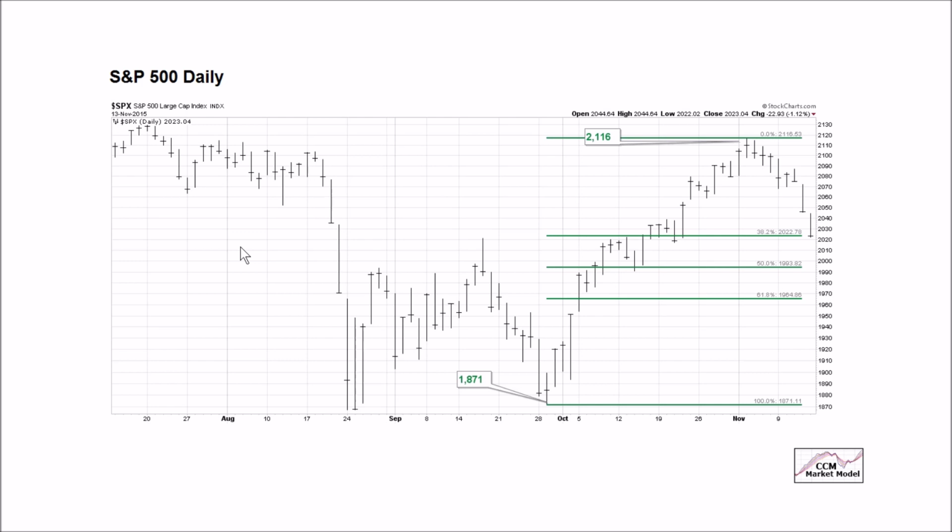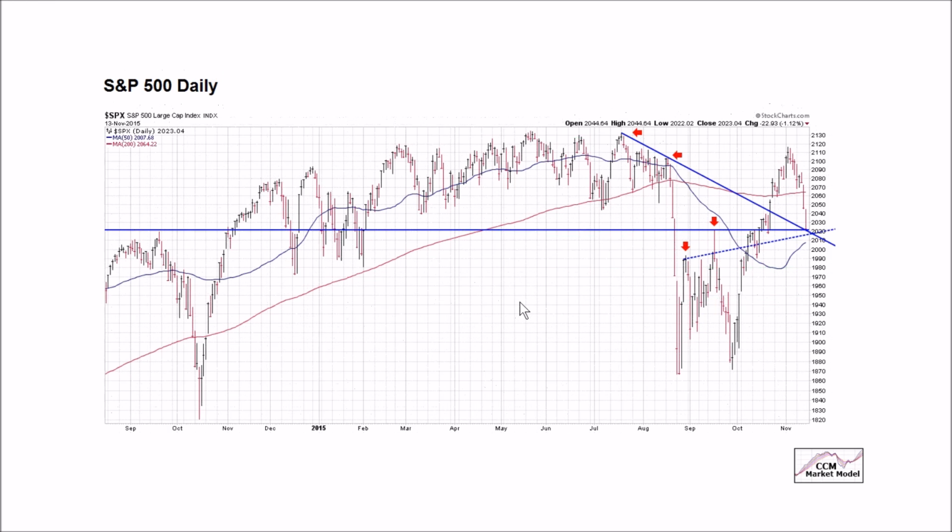There's always something good that you can find, and there's always a reason for hope. This is the recent rally from low to high. These are the Fibonacci retracements. We closed very, very close to the 38.2% retracement on Friday, November 13th, telling us there's a very distinct possibility that this could act as support. What once was resistance may now act as support. What once was resistance right here may now act as support.